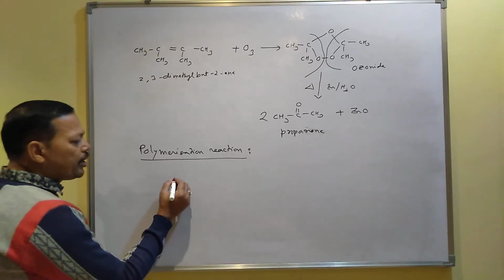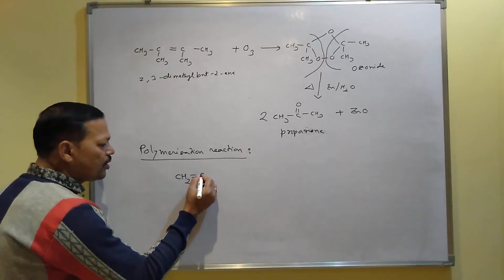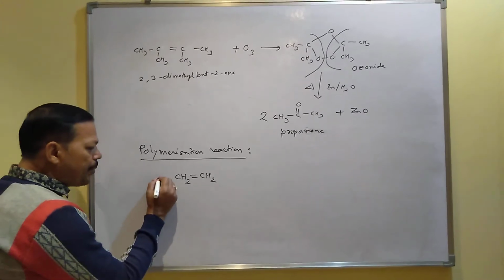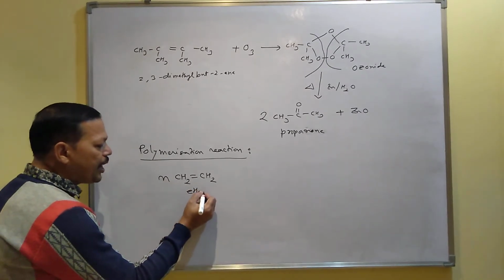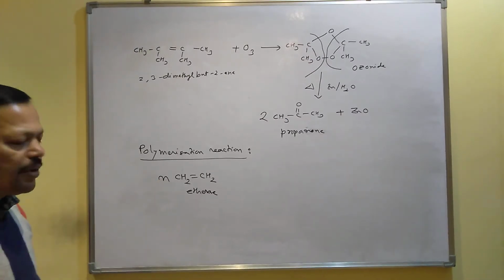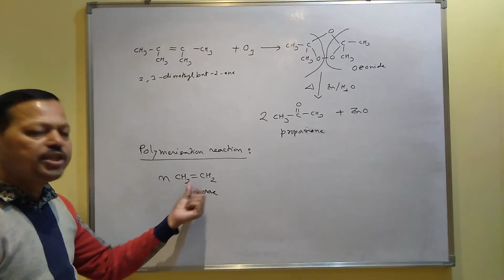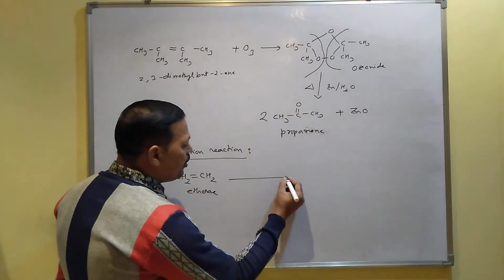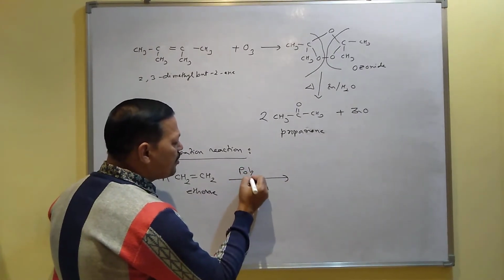For example, if you take ethene, a small compound, N represents some number. I mean a huge number of ethene molecules you have to take, and when this large number of ethene molecules do polymerization,